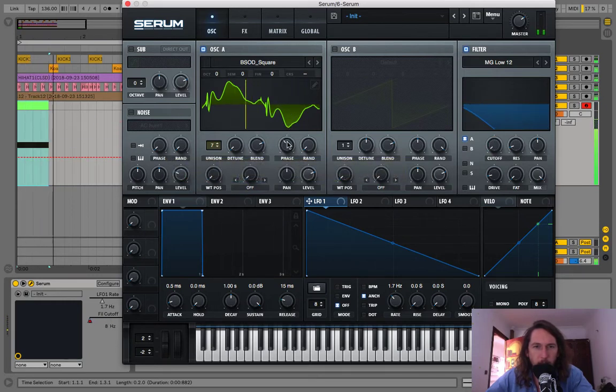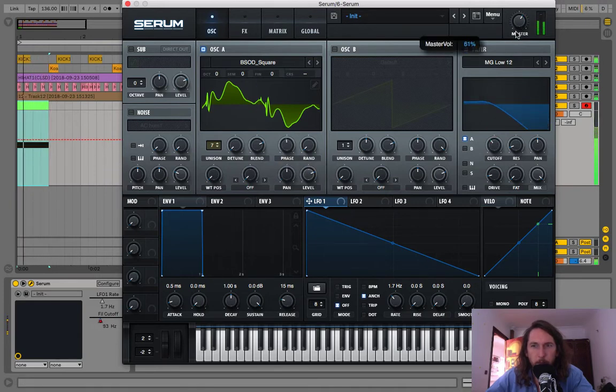Then you can actually use the phase knob to pick a nice